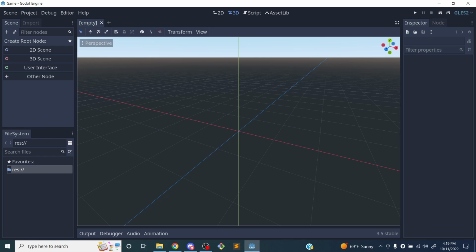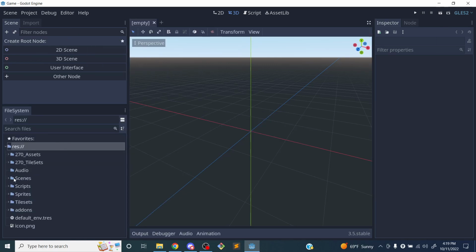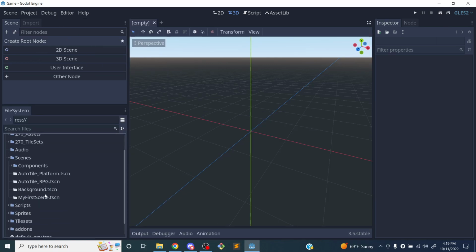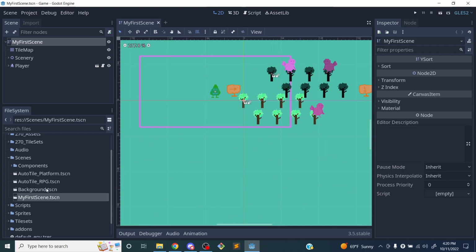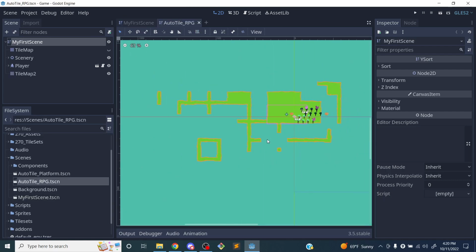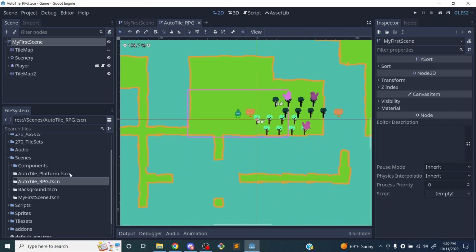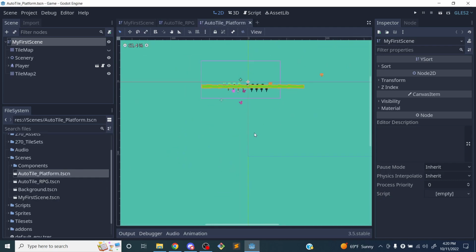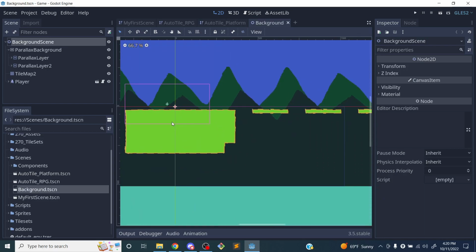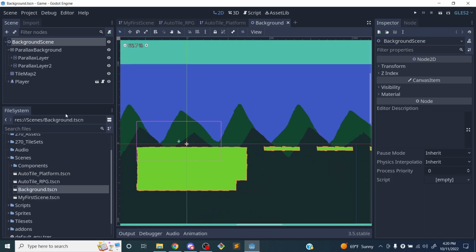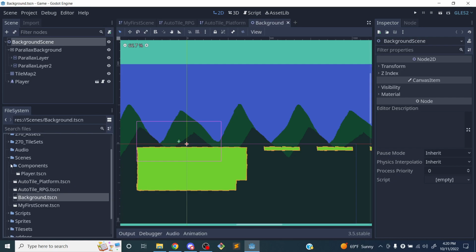So right now in our game, we have a couple different scenes. In my scenes folder, I have my first scene that I created, and I have this auto tile scene that I created. And I have a platform scene that I created, which needs a little work, but there it is. And then I also have this background scene that I've created. So I have a few different scenes in here, but then I also have my components folder with my player